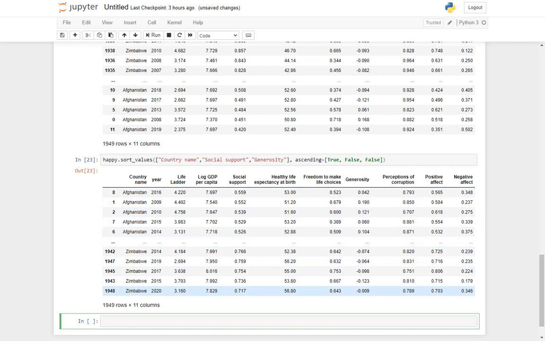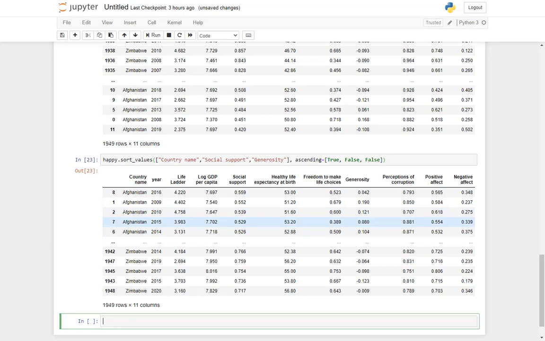If it would have been repeated, then it would have looked into generosity and sorted it in descending order. But since the social support number itself is unique for every year in Afghanistan, that is why generosity has not come into picture.